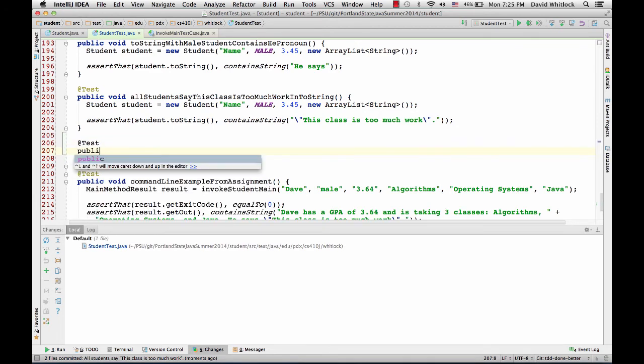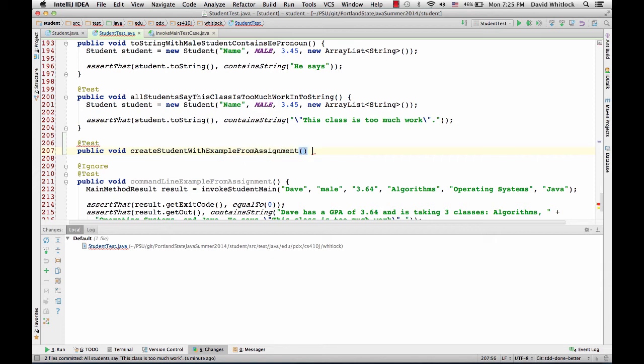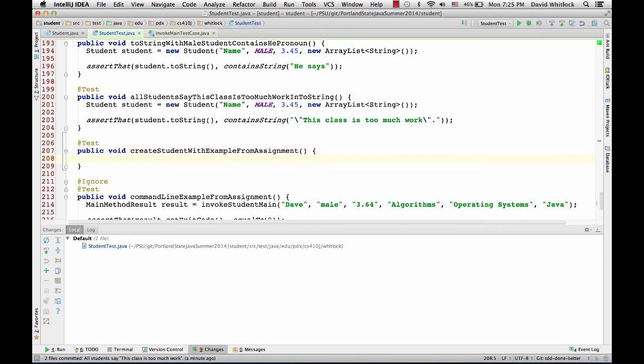So public void createStudentWithExampleFromAssignment. So instead of just passing them into the command line, we have